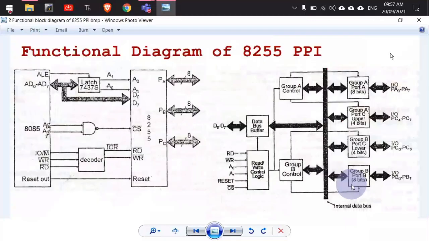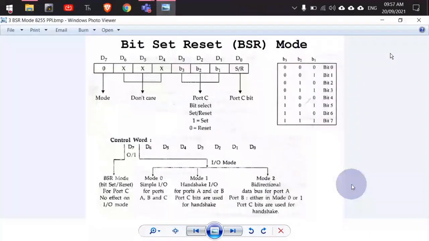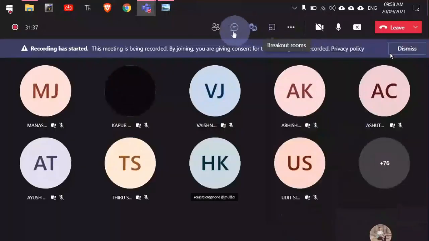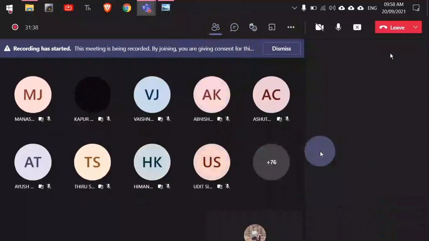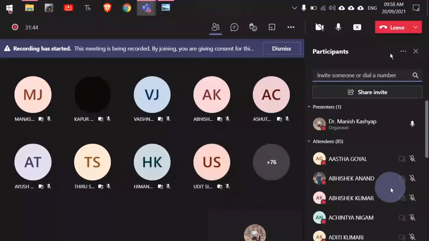And likewise, like this 8255 IC, we have many more ICs which are to be discussed, and we will be seeing their practical examples also, so that you will have an idea how a computer system is completely assembled, right? So how many of you have actually assembled your computer? You have gone to the shop and purchased a CPU and assembled a computer. Anyone who has done that, please raise your hands.